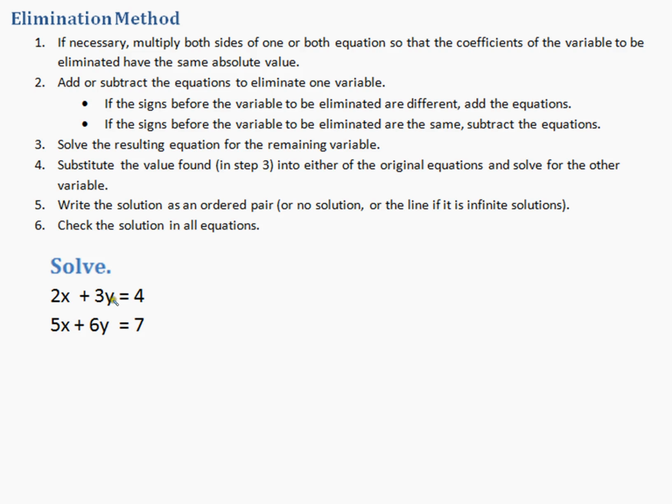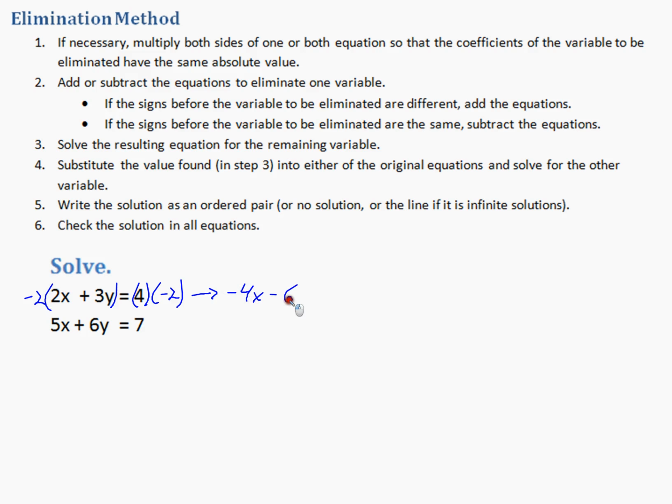Notice 3y. If we multiply 3y by 2, we would get 6. And that would be good because this is a 6y. So in fact, it's even nicer if this was a -6. So what we're going to do is take this first equation and multiply both sides by -2. And in order to set this up nicely, I'm going to go ahead and rewrite both equations. So this one, multiplying by -2 is -4x